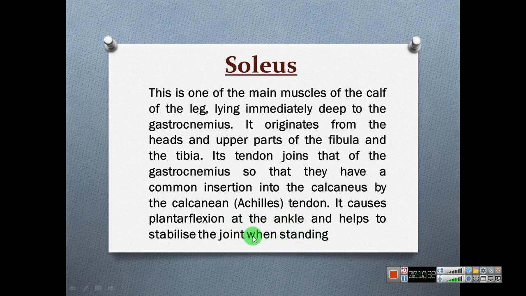When standing, to stabilize the joint, this muscle is very important. Achilles tendon and plantar flexion, Achilles tendon and soleus muscle, calcaneus and soleus muscle. Those are very important in